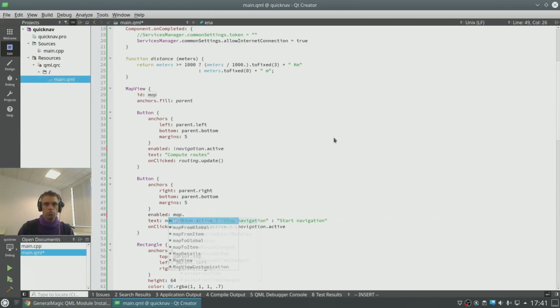So we go to map preferences, where we put our map route collection. There is main route valid. So if the main route is valid, then this button is enabled. Great. Now let's check that.